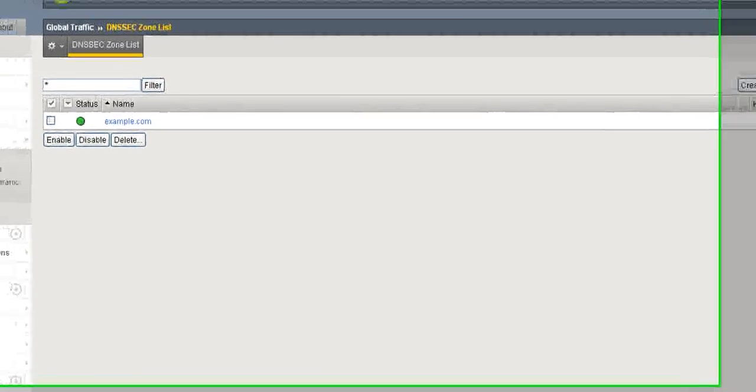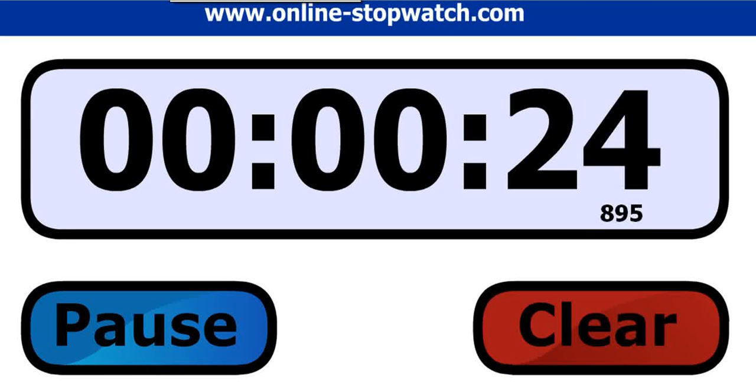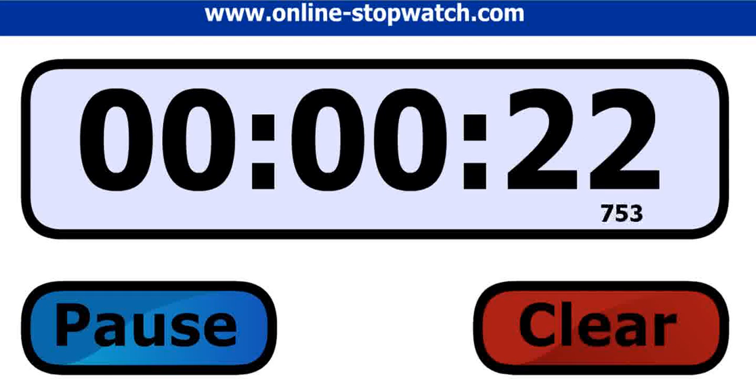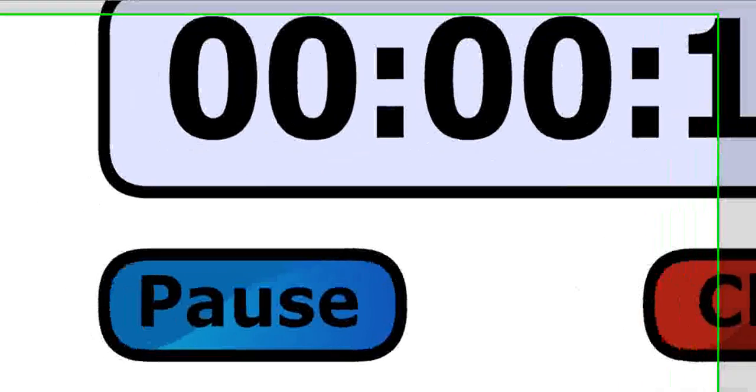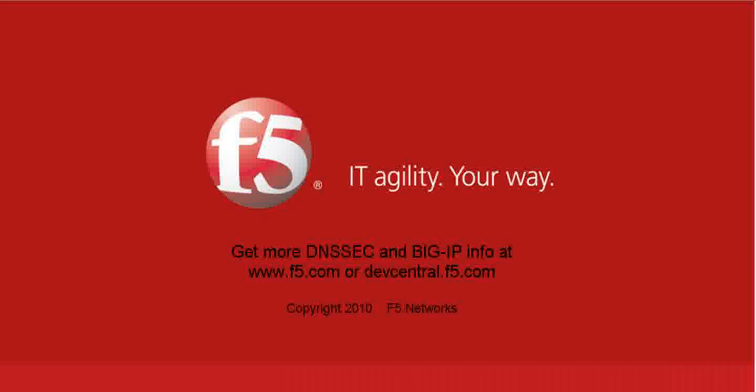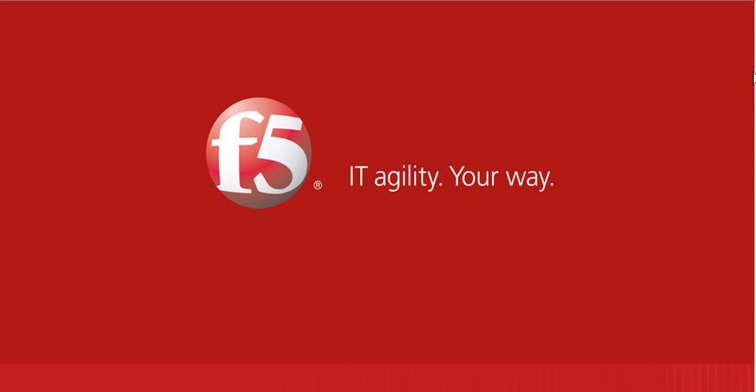Let's check our time. All right, perfect. Almost there. And so DNSSEC ensures that the answer you receive when asking for a name resolution comes from a trusted server. Big IP version 10.1 now provides the DNSSEC signing for DNS records and real-time DNSSEC signing as requested by clients. And there you go. Big IP version 10.1